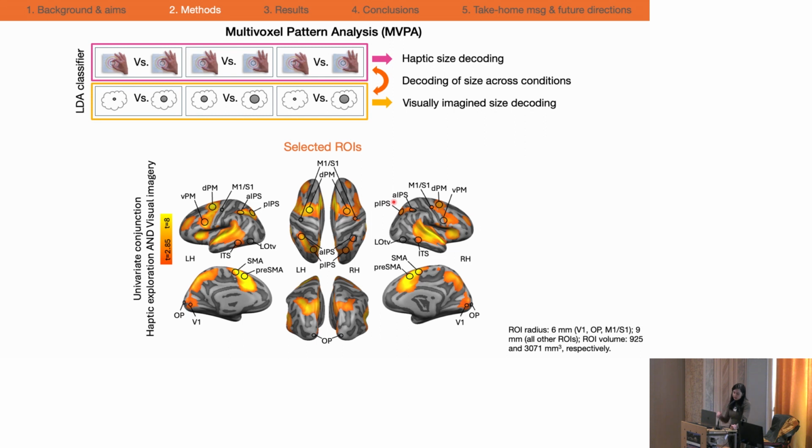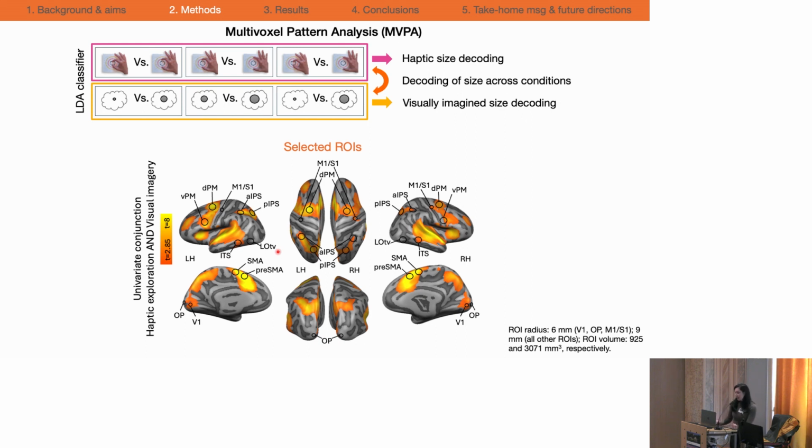They are overlaid on the univariate conjunction map between haptic exploration and visual imagery. As you can see, we did not include only early visual areas like occipital pole and primary visual cortex, V1, that were the main focus of our research, but we also included regions along the ventral visual stream known to be involved in higher order visual processing of object information, including inferior temporal sulcus and lateral occipital tactile visual area, which is specifically known for its visual tactile